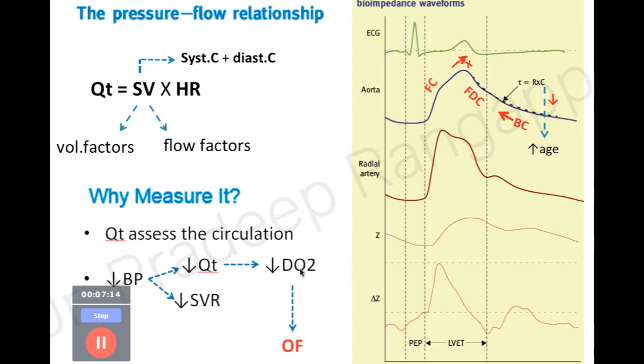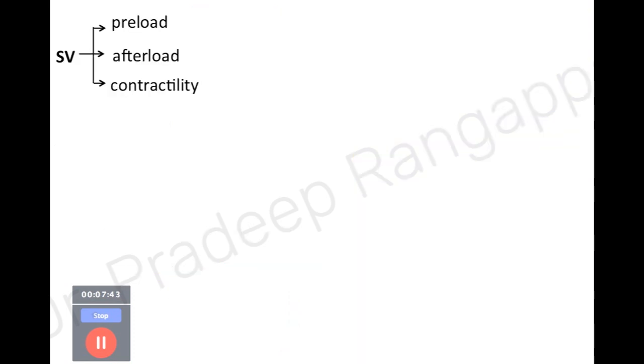So when there is reduced cardiac output, the detrimental effect is a reduction in oxygen delivery. Because there is reduced oxygen delivery at the tissue and cellular level, anaerobic metabolism sets in, lactate goes up, and organ dysfunction happens. So this is our understanding. In any hypotension, the two main physiological aspects are that the heart is not pumping out enough blood, or the peripheral vessels are dilated. That is something we need to keep as the basics of hypotension.